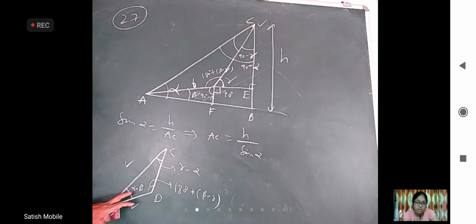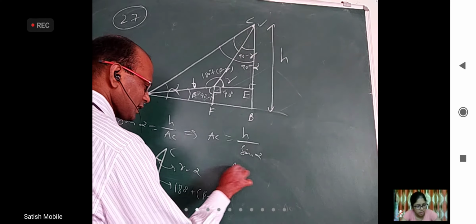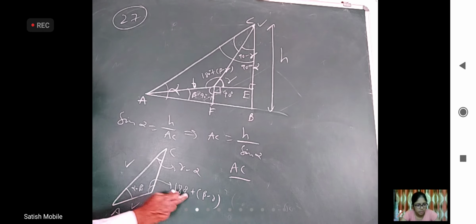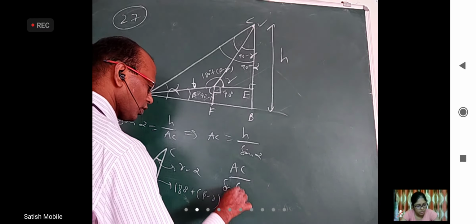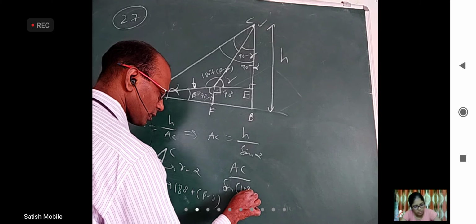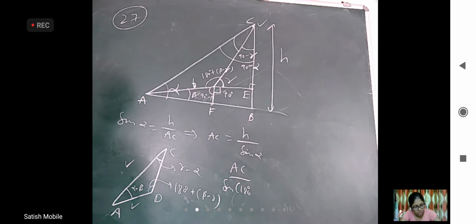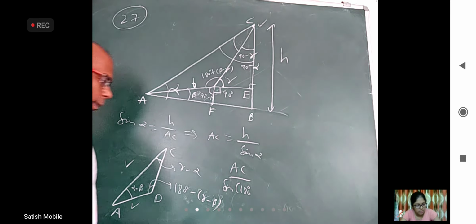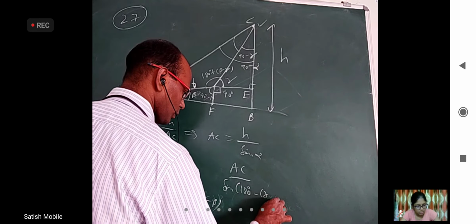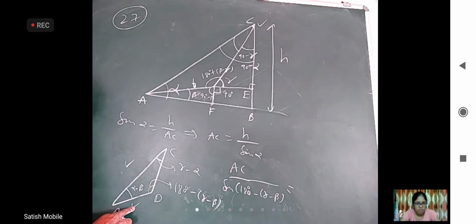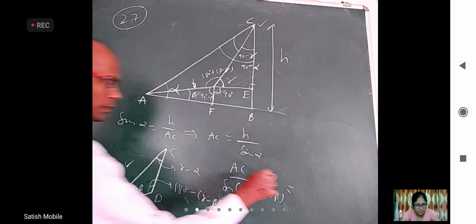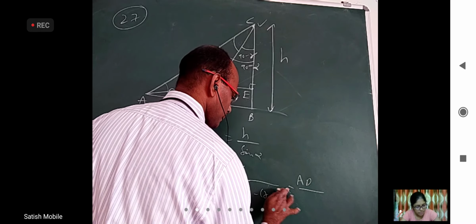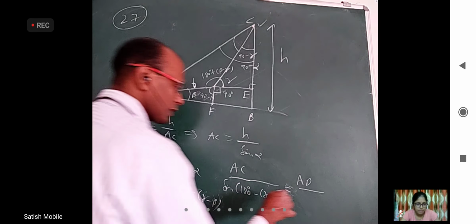You can see the sum of all these things will come 180 because gamma, gamma will cancel, alpha, alpha will cancel, beta, everything is good. I'll apply sine rule in this now. AC by the opposite side is this, sine of 180 degrees plus beta minus gamma, or you can add minus gamma minus beta, anything is okay. Minus gamma minus beta is also okay. Equal to, for small b, that is AD, opposite side is this, AD by sine gamma minus alpha.